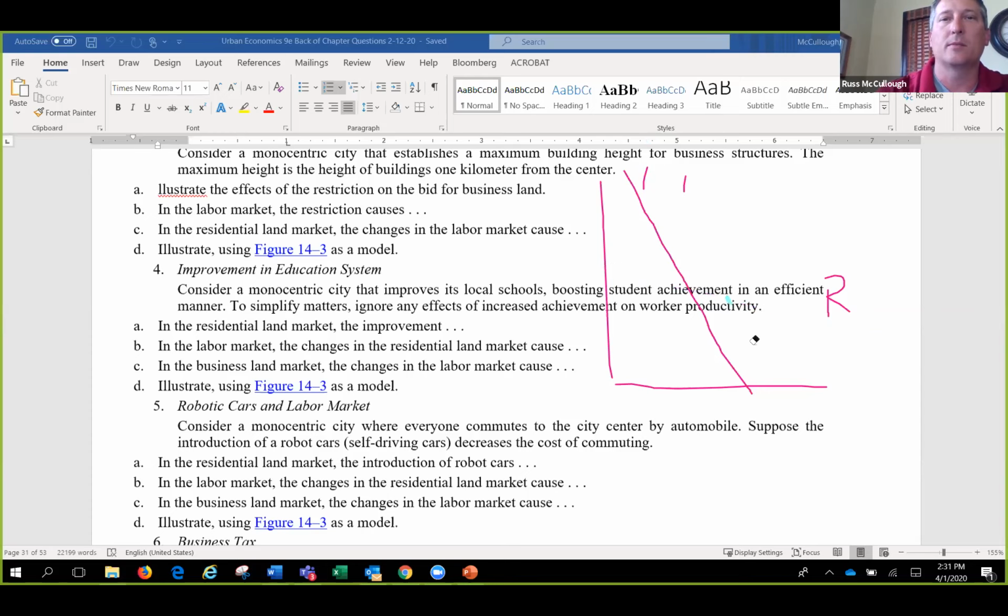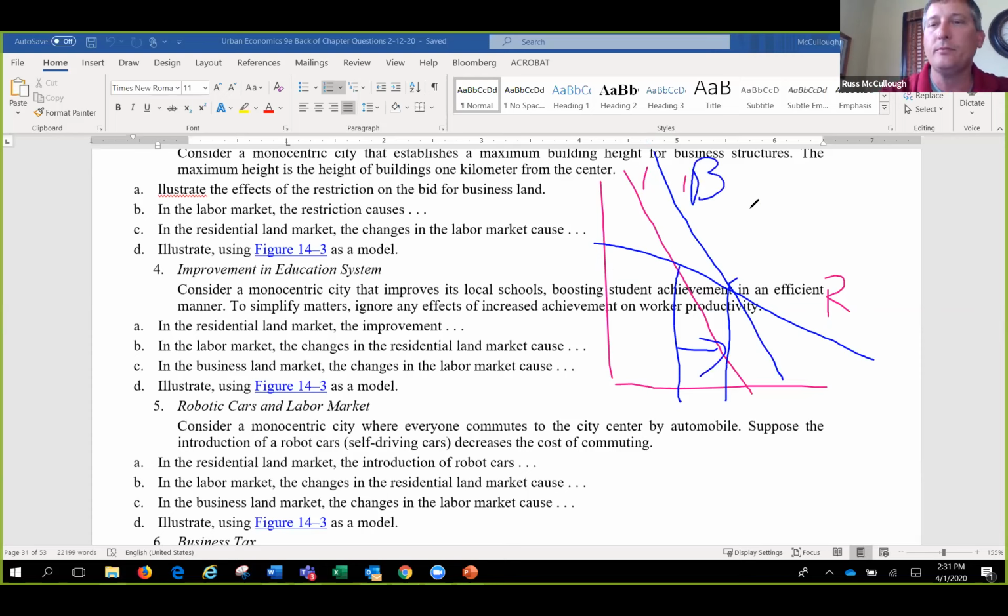Oops, I'm using an eraser. I'm not sure what I did there. Okay, I was trying to change color to be all cute. There we go. And let me put this function back in here. And so now we have the business area growing because of it, right? So this is B2. Okay, so that is kind of your picture here for